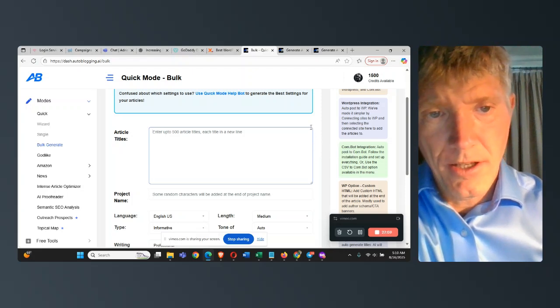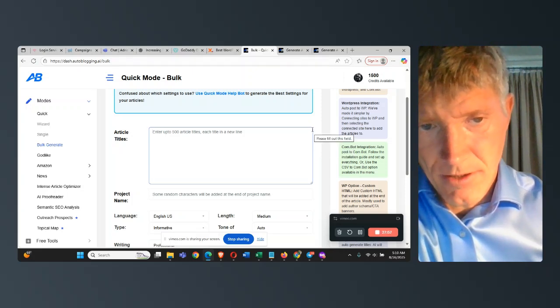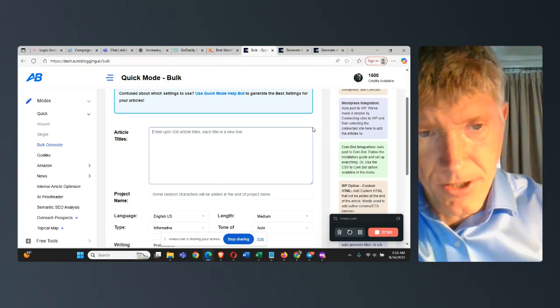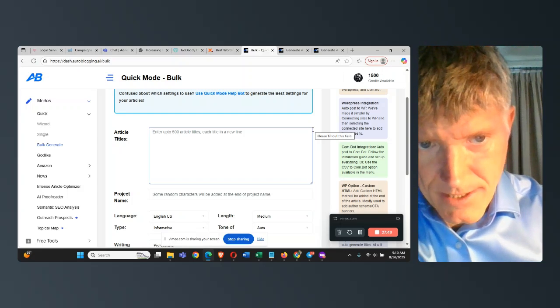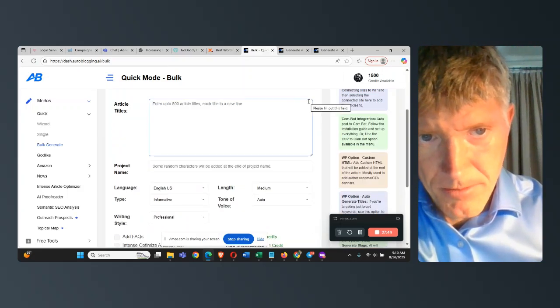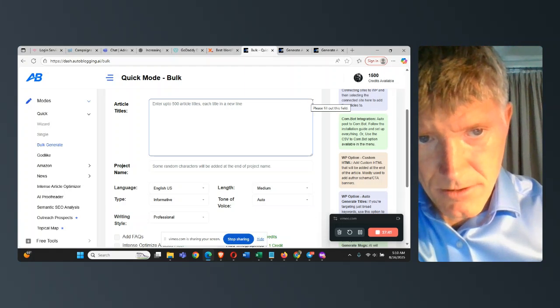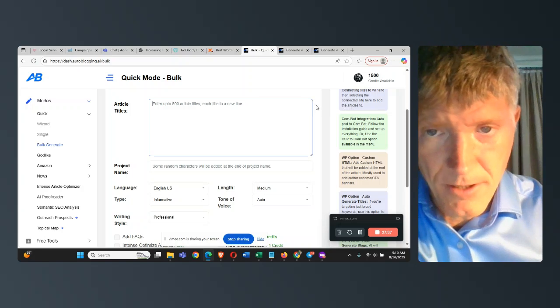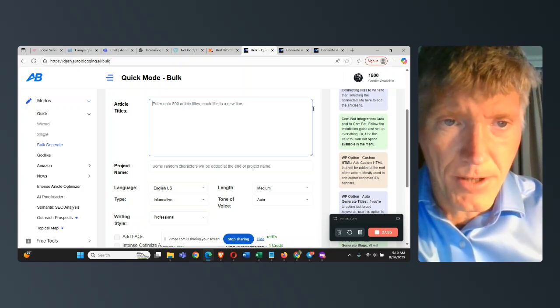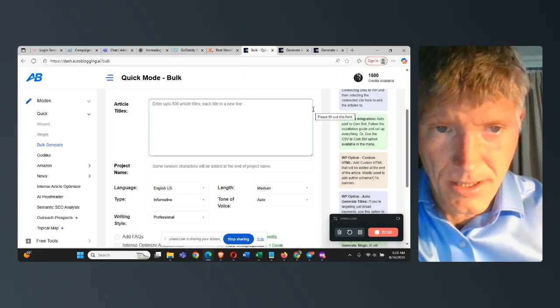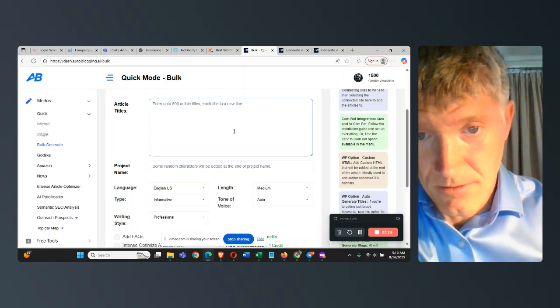I generally don't push out 100 articles at once. I tend to keep the amount of articles to 10 articles or less a day, but you can do whatever you want. Some people think it's bad if you push out a bunch of articles. Other people say they've tested it and they see no limit, like Google has no problem with it. Whatever. I don't really have a problem with the amount of articles because I keep it to like 10 or less. But you could schedule hundreds of articles.